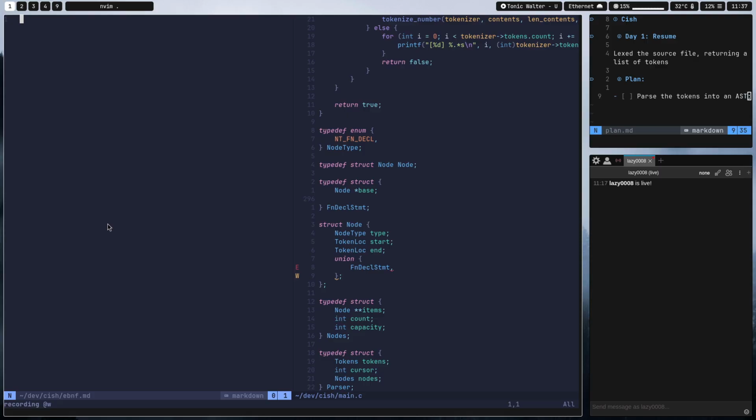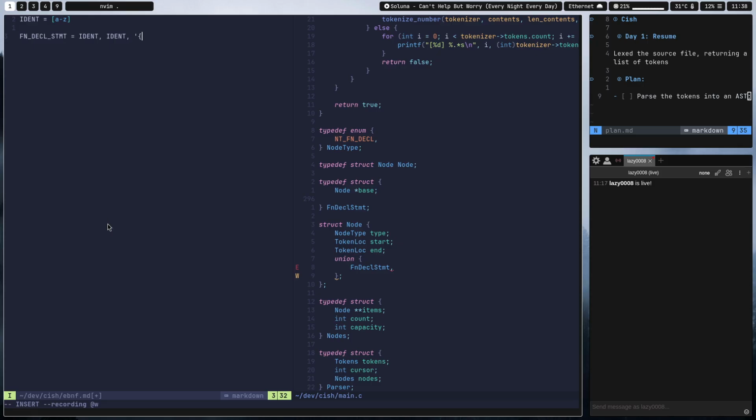This is a grammar syntax, so I don't really know how it works, but we can try it. So we need an identifier that is just letters A to Z, right? Then fn decl statement is an identifier,